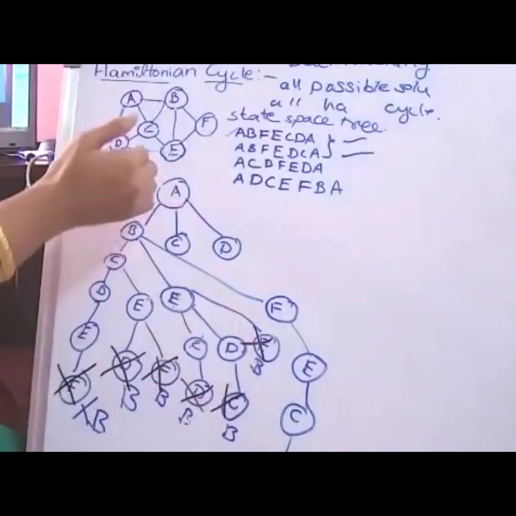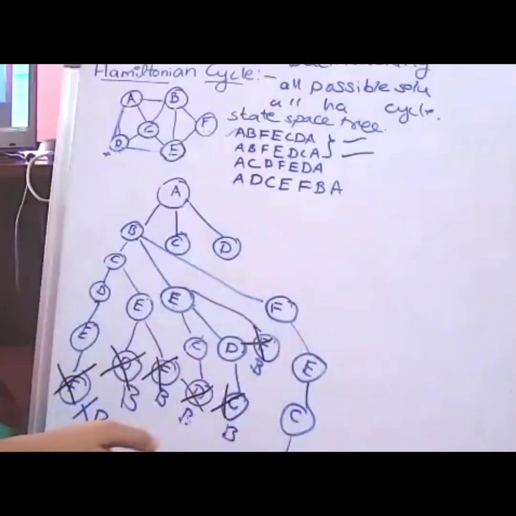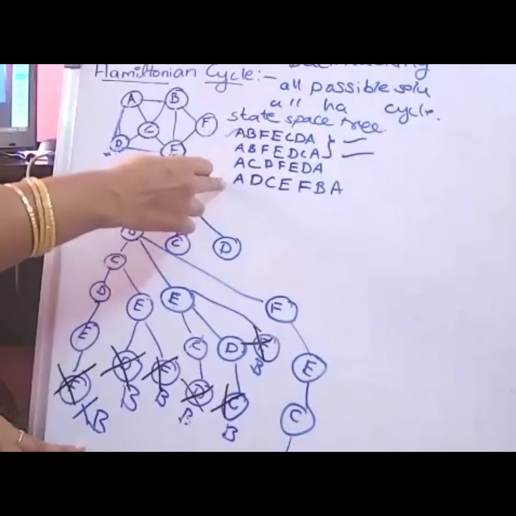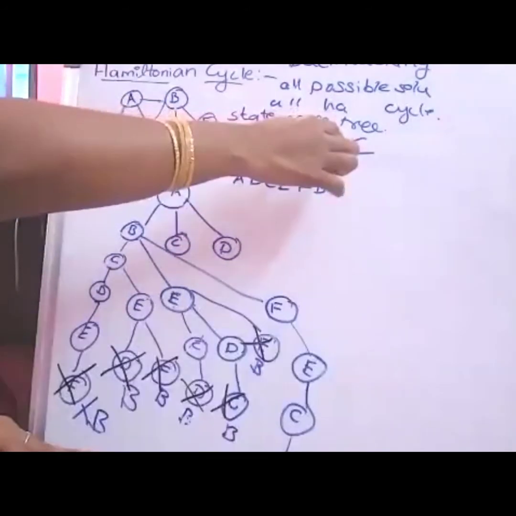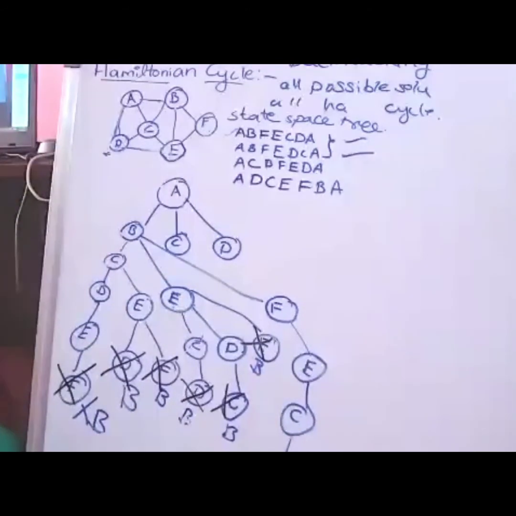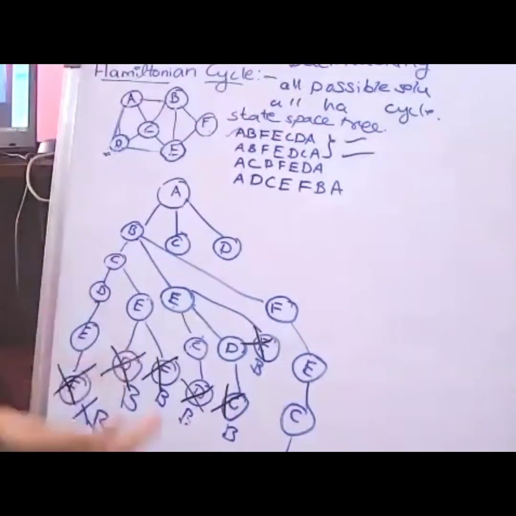After trying all these, till now I got only one possible solution. By looking at the graph itself, I know there are four possible solutions, but I am still at one. The backtracking technique is meant to find all the possible solutions, so I need to find the remaining ones. To find them, we apply the backtracking technique. To find one more possible solution, go for backtrack.